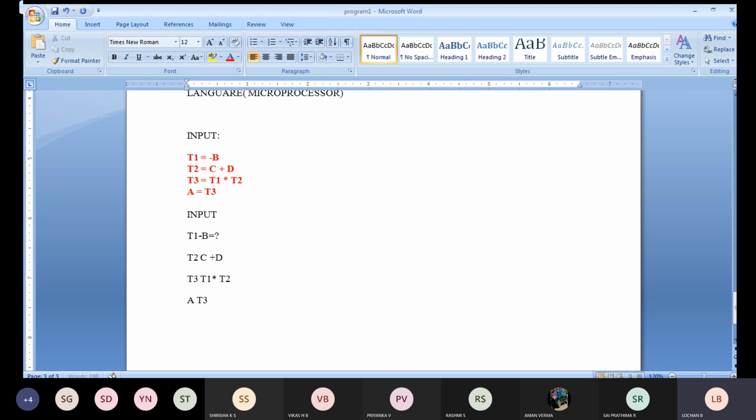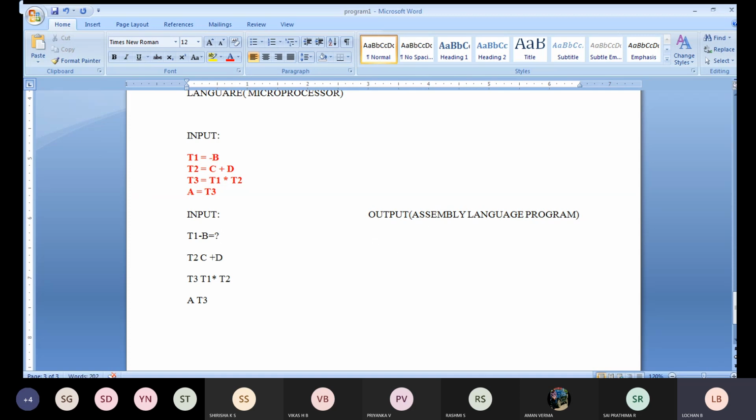Now I am going to take this as your input. What output do I need to get? I need to write the program in terms of machine level language, that is, an assembly language program. Same thing, you can write T1 minus B as the first instruction given. T1 is equal to B as given, so we will not give more priority to the equal, because to get the results we use the equal operator. Apart from that, we give priority to the other operators. In this case, T1 minus B is there.